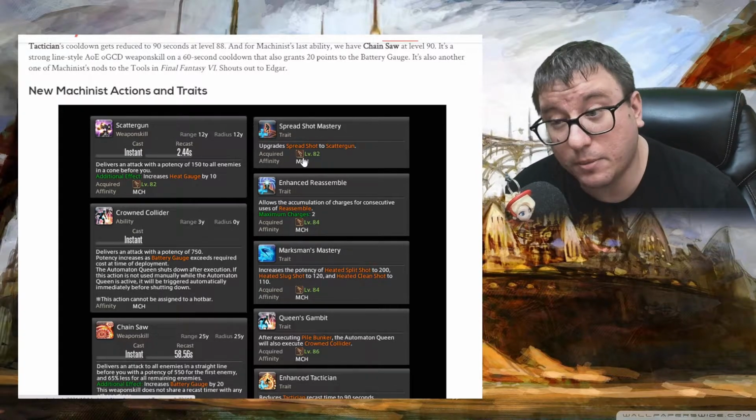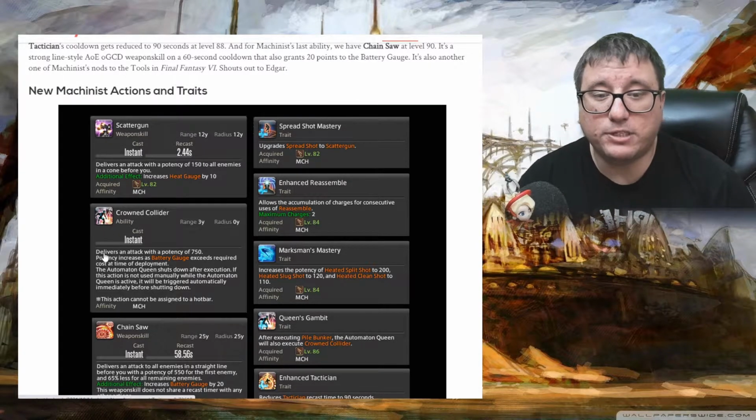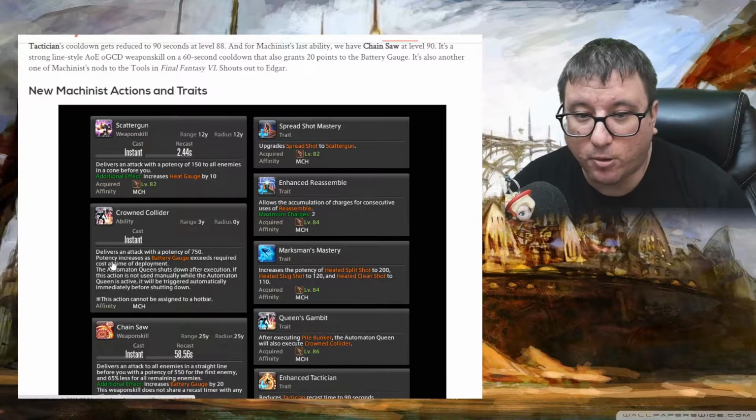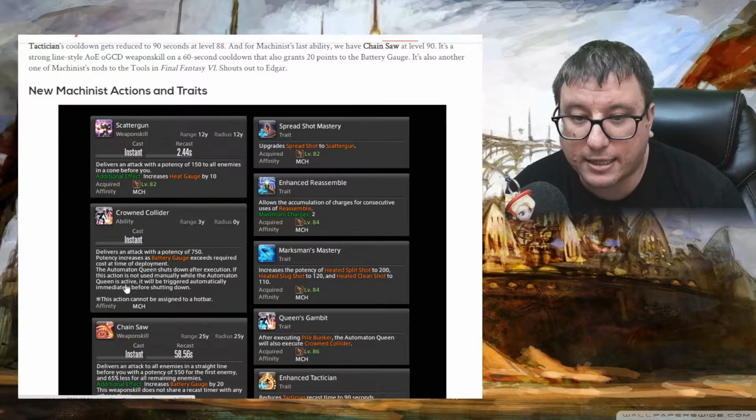And of course, Reassemble is important. We have the Crown Collider. Delivers an attack with a potency of 750. Potency increases as battery gauge exceeds required cost at time of deployment. The Automaton Queen shuts down after execution. If this action is not used manually while the Automaton Queen is active, it will be triggered automatically